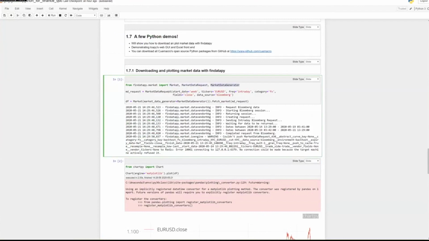With the market data request, we put the start date. We want a week of data. The tickers, it's going to be euro dollar. We want intraday data, we want FX data, the closing price, and we want it from Bloomberg. Then we actually instantiate the market object. We fetch the market and we give it our request. So if we do Shift Enter here,